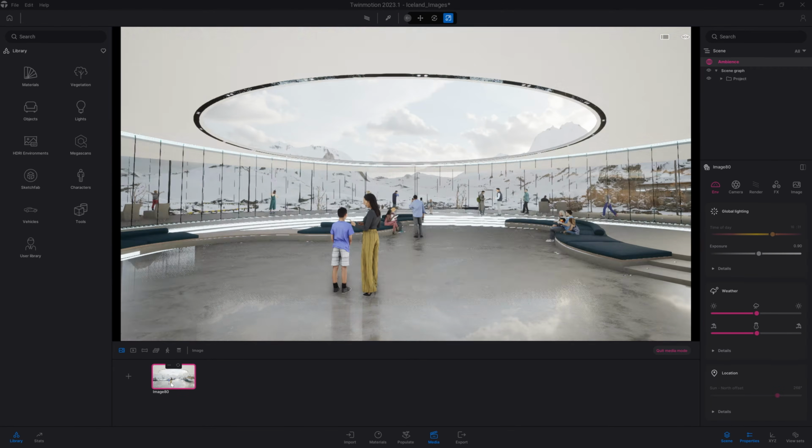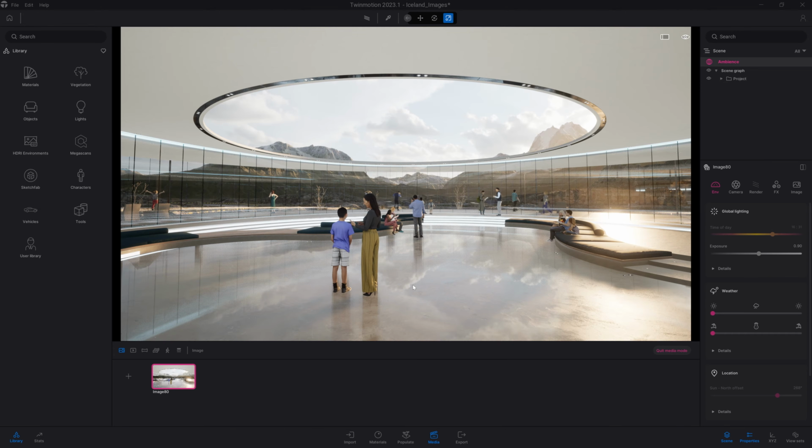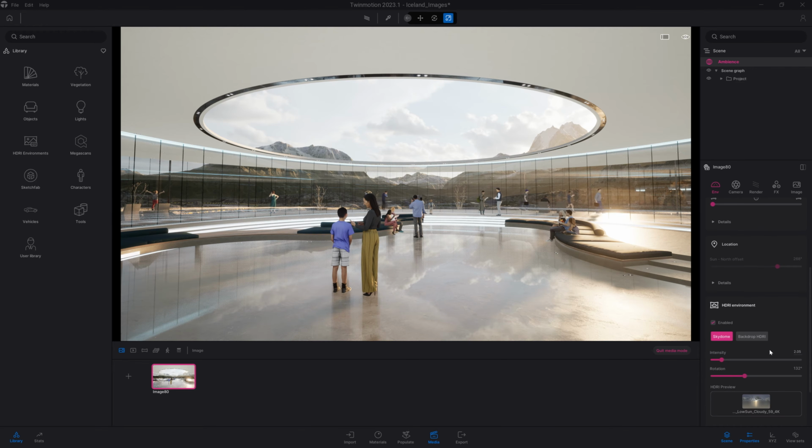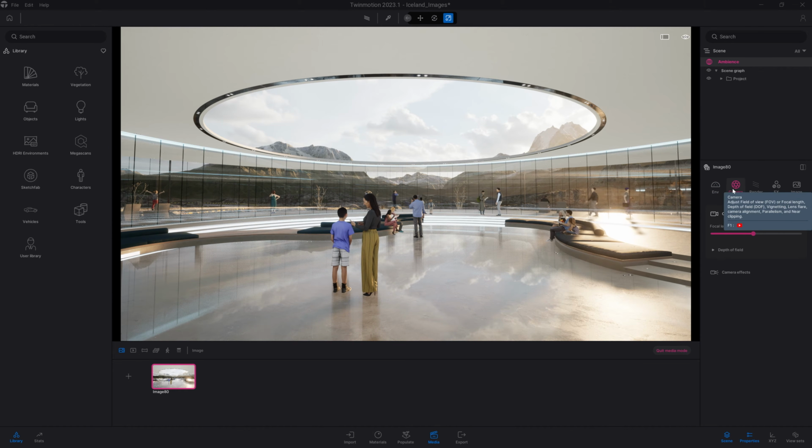So let's click back on that media. I'm going to remove the weather effect, so we are back in a summer. Let's now have a look at some other settings. So on the right here, you have all the settings regarding the environment. Again, those settings are affecting only your selected image. So you can change the location, you can load the different HDRI, you can also change the horizon, activate or not the ocean. Then you will find all the options related to your camera.